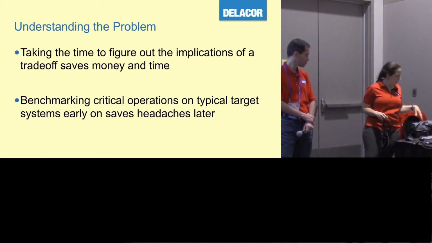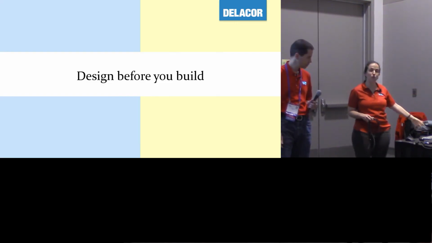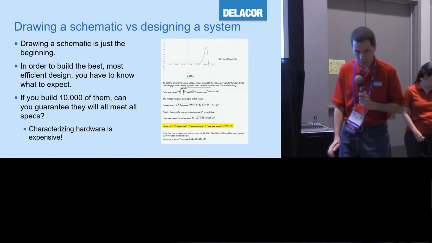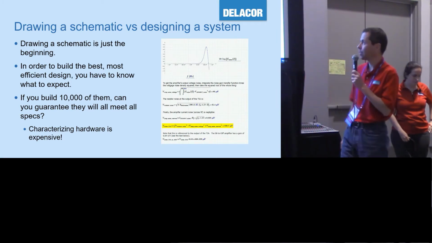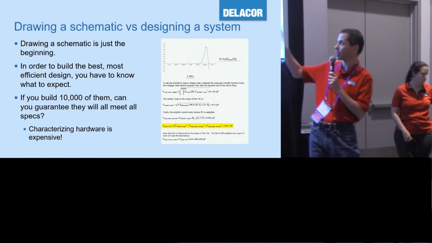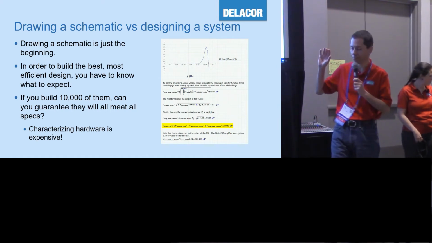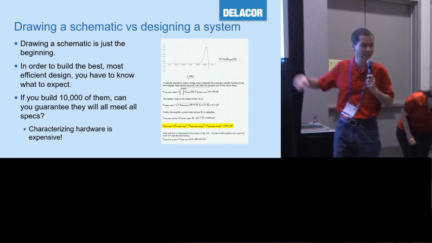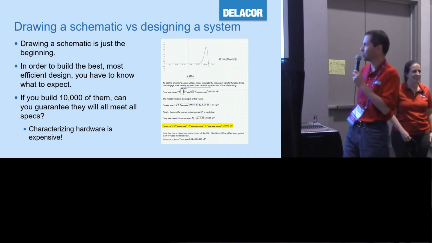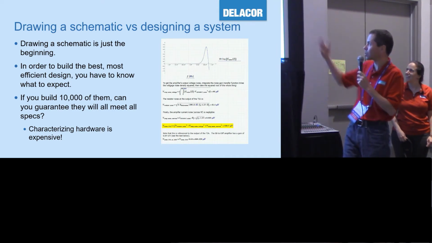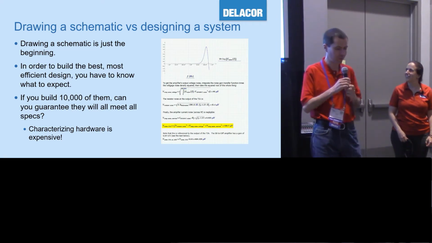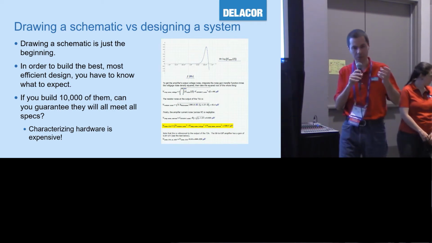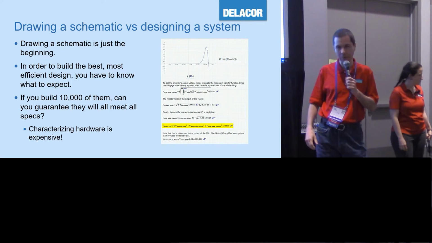All right, so the next step is design before you build. Okay, and this goes back to knowing what you're going to get before you get it, right? We don't even start drawing schematics until we've sat down on a piece of paper, or it's 2018, right? There's no paper. We use MathCAD, and what we do is we try to basically predict this. We know what we want to achieve. Let's come up with a circuit. What is this circuit going to do typically? What is it going to do in the worst case? And how are we going to test it?